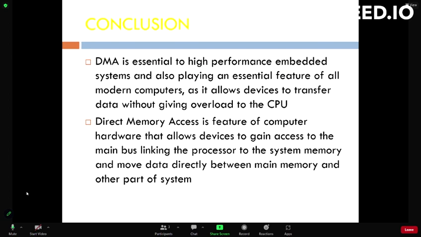This is the conclusion of our PPT. First, DMA is essential to high performance embedded systems and is also an essential feature of all modern computers, as it allows devices to transfer data without overloading the CPU. Second, DMA is a feature of computer hardware that allows devices to gain access to the main bus linking the processor to the system memory and move data directly between main memory and other